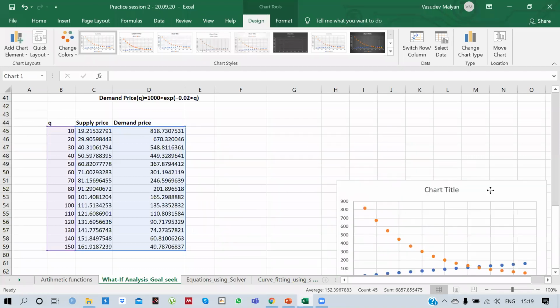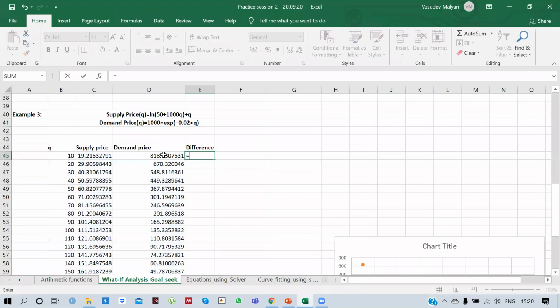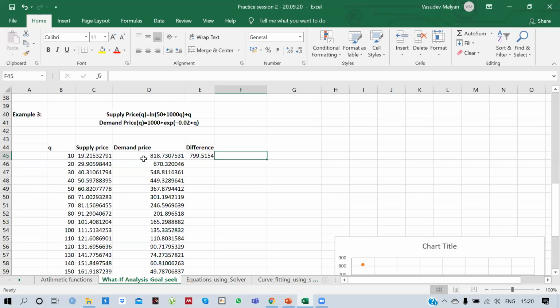Now let's keep it aside and find the difference between these two. If we find the difference between the demand price and the supply price, this will give me this value. Our aim, you should understand, is to reduce this difference between demand price and supply price, to find that value of q where there will be an equilibrium.